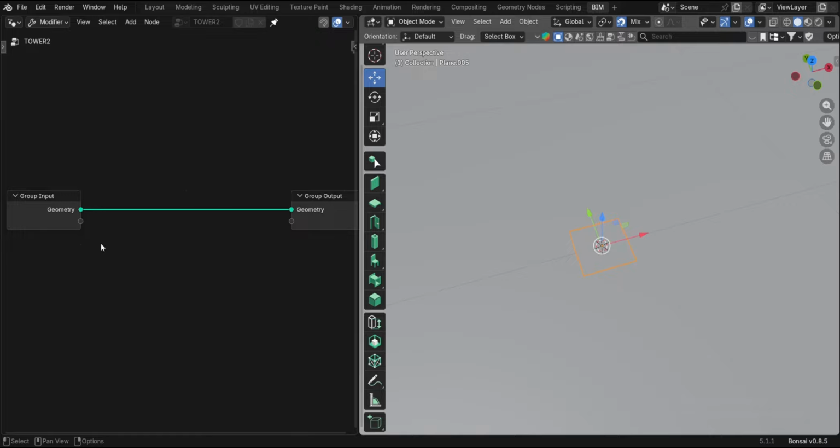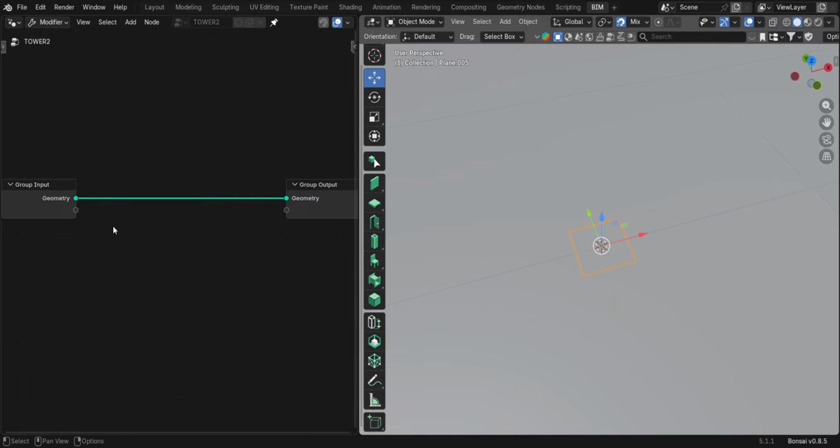Now that we are inside the geometry node workspace, you'll notice that we have two nodes connected already: Group Input and Group Output. Think of these like the beginning and the end of each and every geometry node tree. The group input brings in geometry from our object, in this case the plane, and then the group output outputs the modifications of that geometry. So that means each and every node that we put in between these two will modify the geometry that we're working on in the 3D viewport.